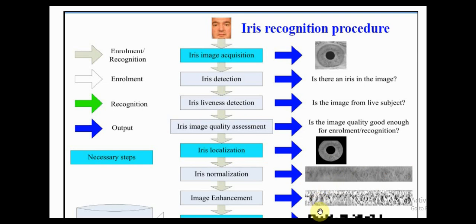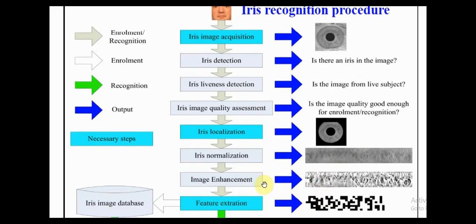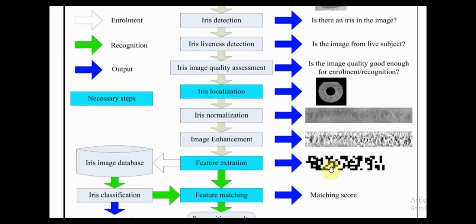And after that, we perform some image enhancement techniques to make the iris pattern clearer. The next step is feature extraction. We convert this iris pattern into some mathematical representation, and we store this iris template inside the iris image database